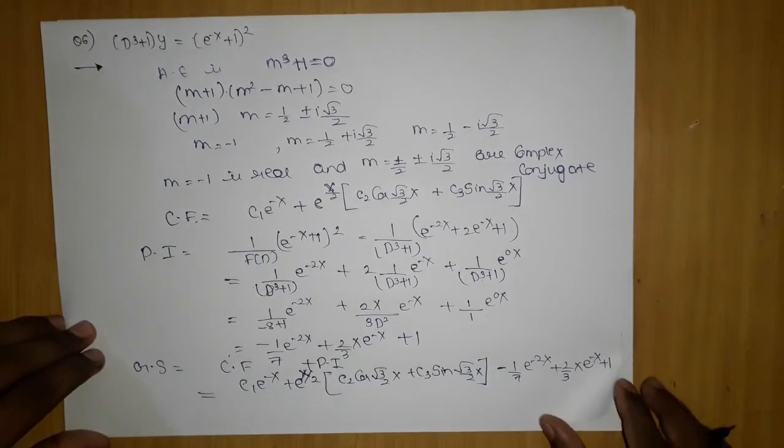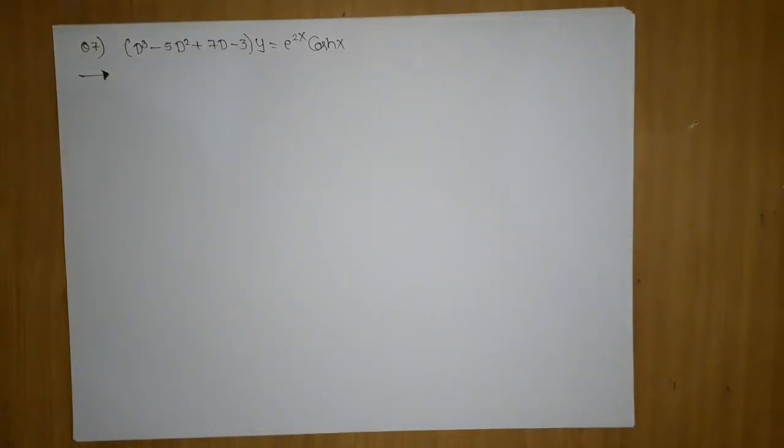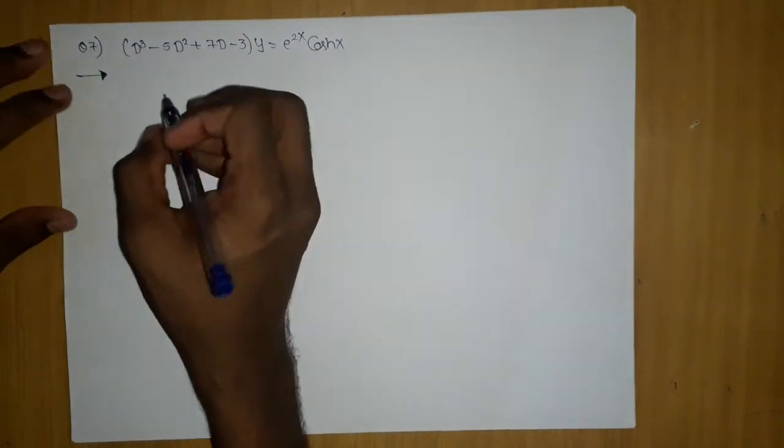Let's move this page up. The next question which we are going to take is the 7th question, which is as follows. Again, a hyperbolic function is used just to confuse the students, and if you know its formula, it will be very easy. If you don't know the formula, it will be very difficult and you have to leave it.